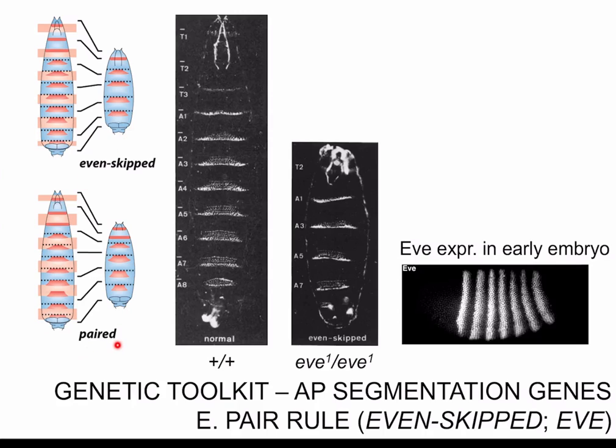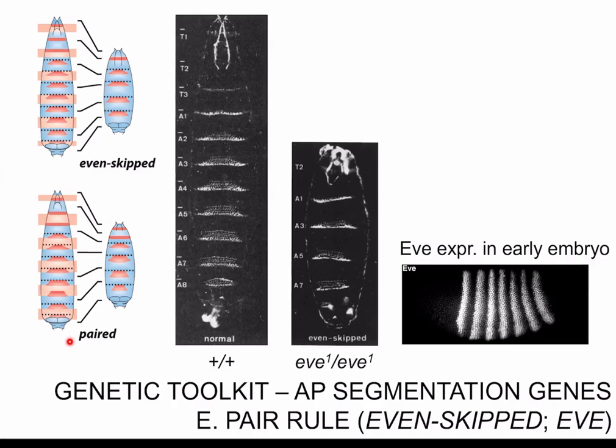Whereas another mutant called paired had the naked cuticle, so the cuticle that doesn't have denticles, missing from alternate segments. Nevertheless, all the pair rule genes, as they're called, lack alternating segments, but different alternating sets of segments are